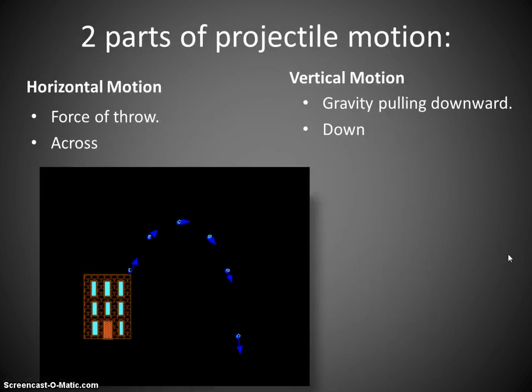You got two parts of projectile motion. The horizontal motion, right? That has something to do with the force of you throwing it across. And the vertical motion, that's up and down, right? You might throw it up, but then eventually it's going to come down. And you might throw it straight, and it's still going to come down. That is the curved path because of gravity. So you have two parts of projectile motion. You have the horizontal motion because you apply a force that way, horizontally. And then you have that vertical motion because of gravity. Two parts.